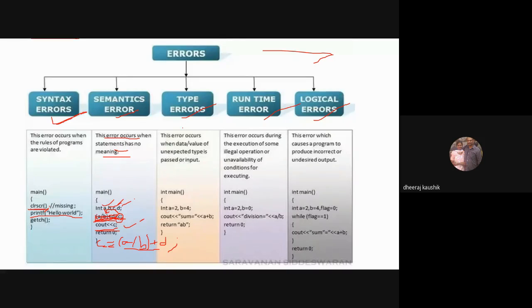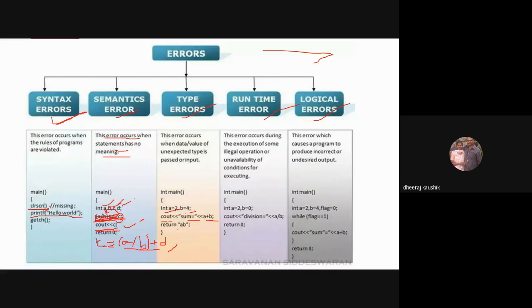Next coming is the type errors. This error occurs when data or a value of unexpected type is passed or input, right? So int a equal to 2 and b equal to 4 is initialized. That is perfect with a semicolon. And sum equal to a plus b is fine.